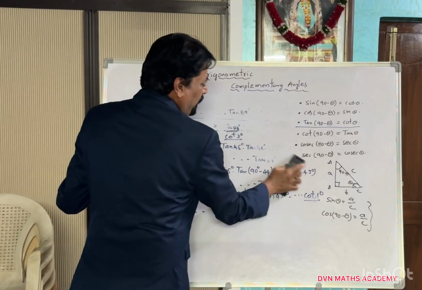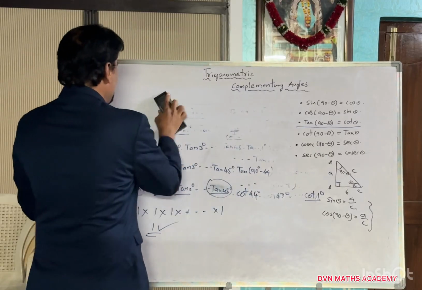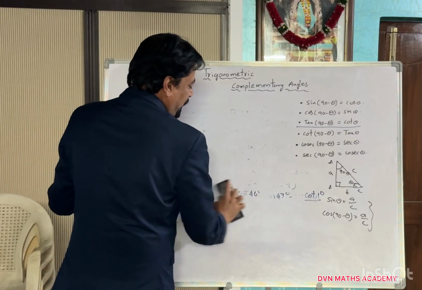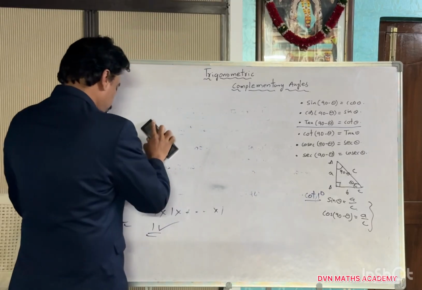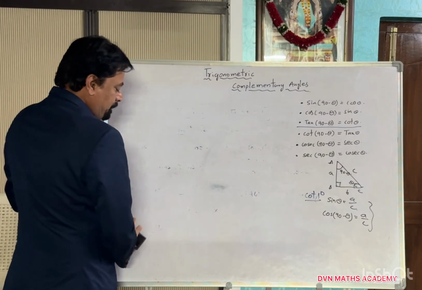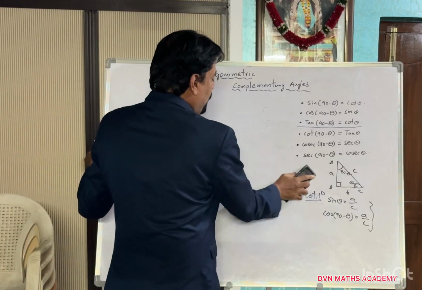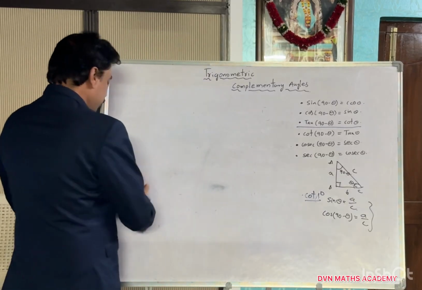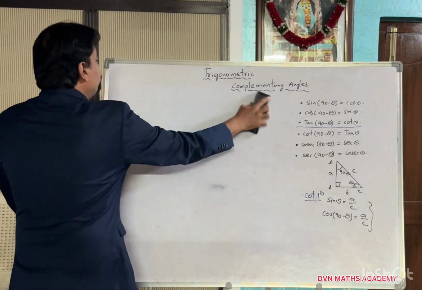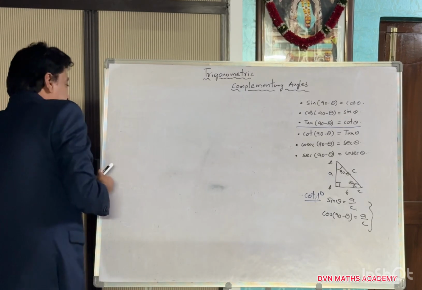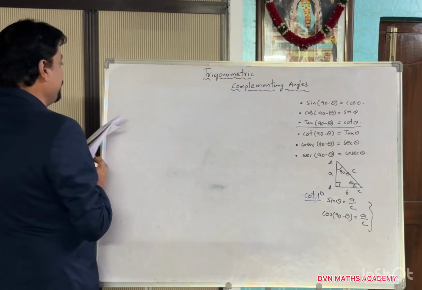Today I am going to explain all trigonometric questions related to complementary angles only. In this pattern, you will get some important questions in your exam. Sometimes it may be 2 marks, sometimes it may be 4 marks also. So you need to concentrate on all these questions. The second question, this is my second question, that is, find the value of